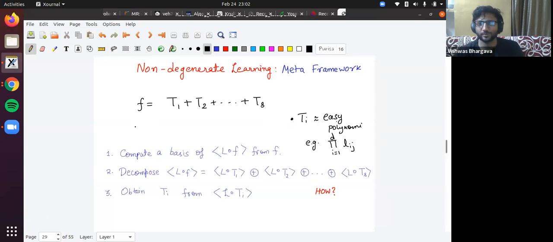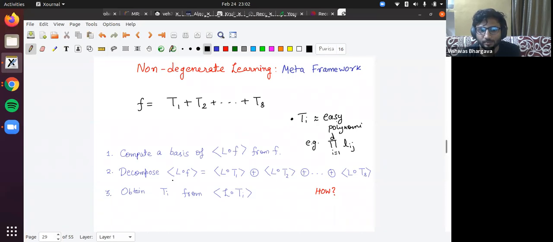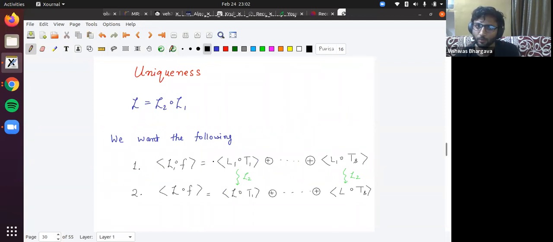So this was the very crude one. Let's improve upon this. We somehow want some kind of uniqueness from our decomposition, because if we apply the vector space decomposition algorithm, which is our tool, it spits out something to us. If there's no uniqueness, you don't know that what you learned came from the original representation. There's no hope of uniqueness, because you can always decompose any vector space as a direct sum. So we want to impose some extra condition. For that, instead of looking at a linear operator L, we look at a linear operator as a composition of two linear operators.